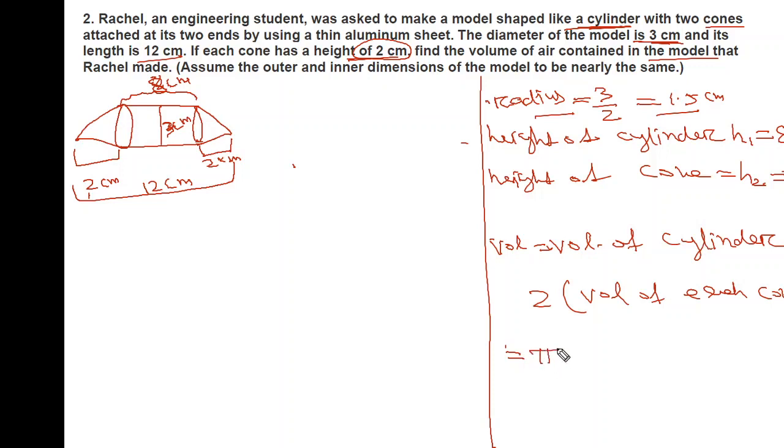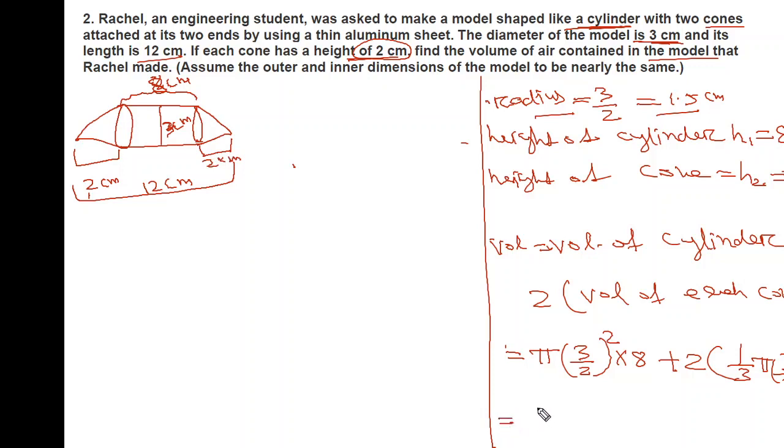So pi r square into h, here r is 3 by 2, h1 we have found 8, plus 2 into volume of each cone. Volume of cone formula, you know, 1 by 3 pi r square h. Here r is the same, 3 by 2 square, into h for the cone, which is h2, here it is 2, so which will be equal to,